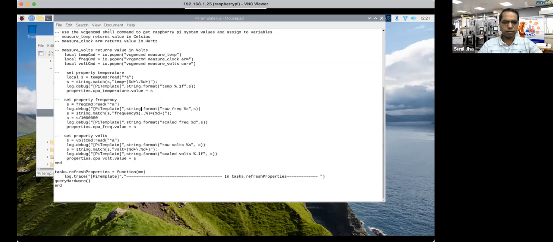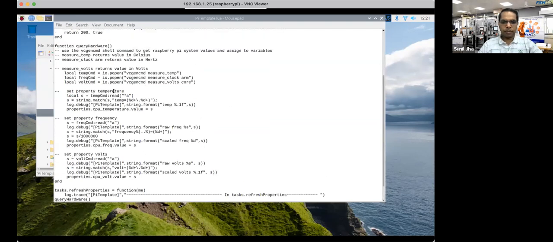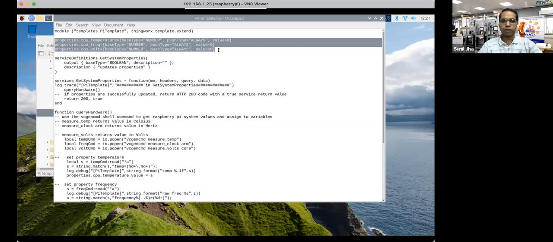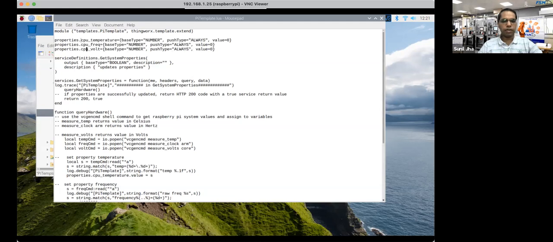That is what is important over here. In fact, this example is just showing you how to push the basic default data. So we are creating properties over here. These are the ThingWorks properties, if you can see here. So we are creating properties: CPU temperature, CPU frequency, CPU voltage actually.